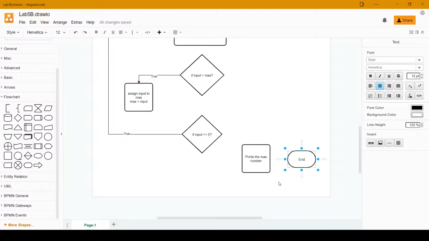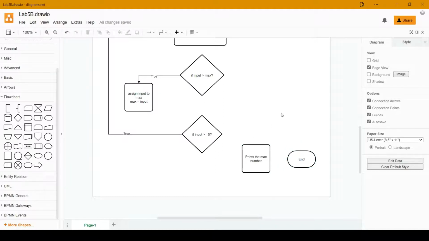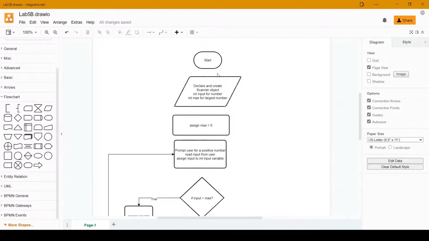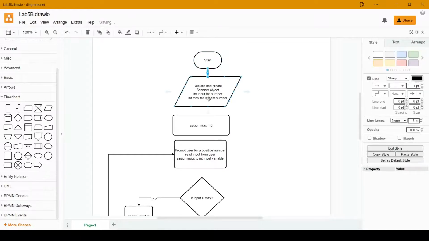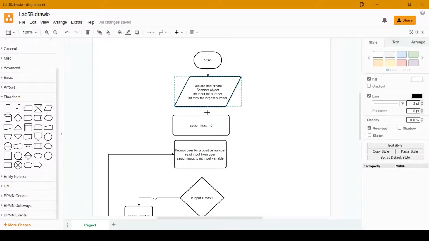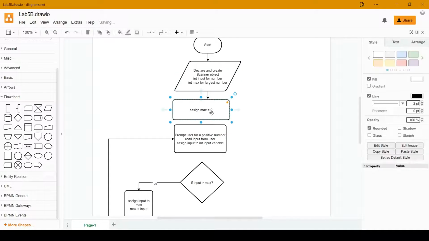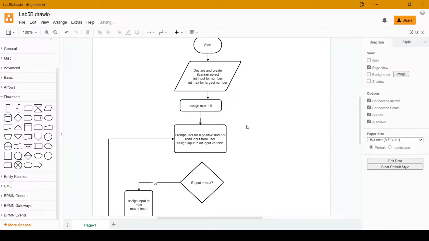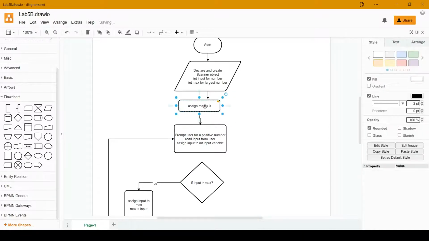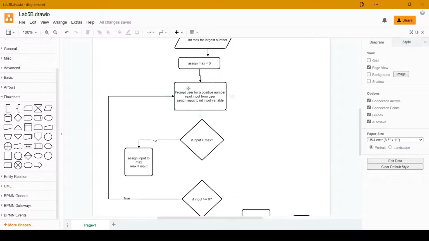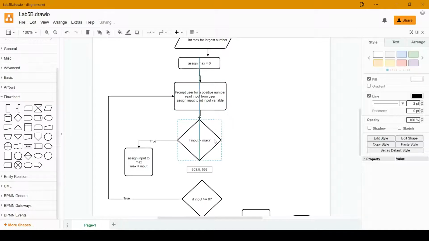Okay, so now comes the connecting part. I know that this start is going to be directed here, which is very easy. This is getting directed here. That's easy. Again, let me make it small so I have more space. And then this gets directed here. Okay. Now I know that this again will get connected here. And